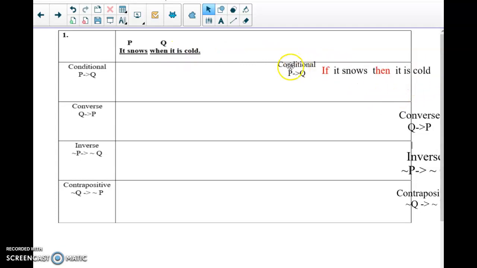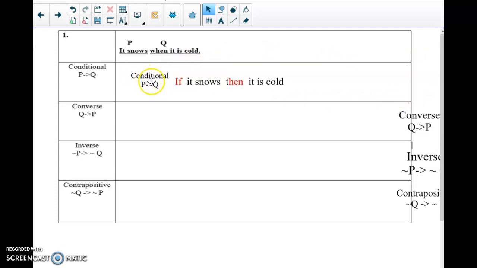Okay, so I'm going to label those parts, and I'm going to insert the if-then part of my statement. So the first part up here, you see, P is it snows, and Q is when it's cold. So I inserted an if. If it snows, then what? It is cold. Do I need the word when anymore? No. I'm just going to say then it's cold, because that's the conclusion. It's cold when it snows. Okay, so I now know what my if-then is. The others are relatively easy to write. If I underline this and say this is my P, and over here, this is my Q,